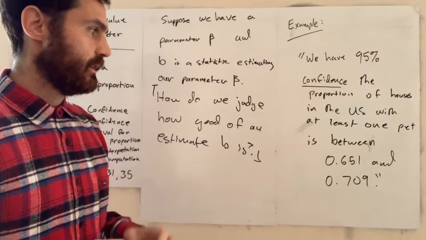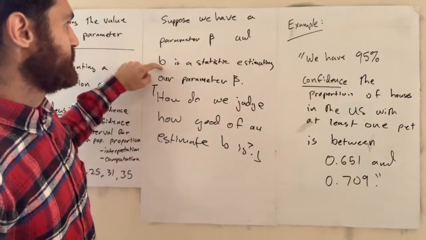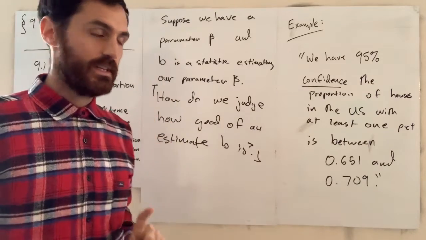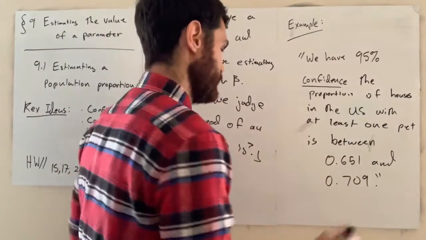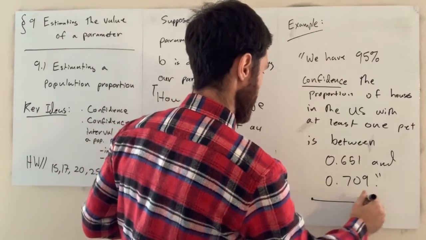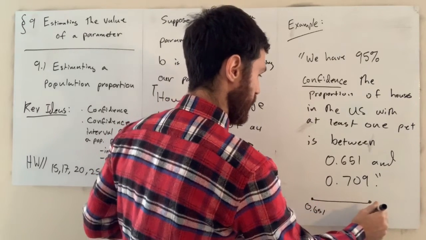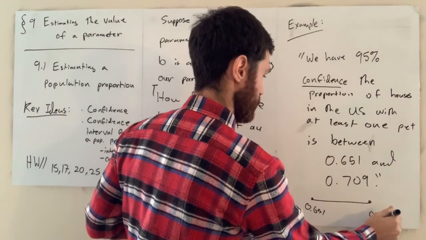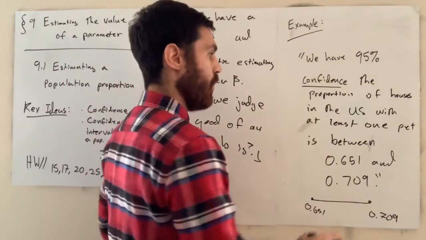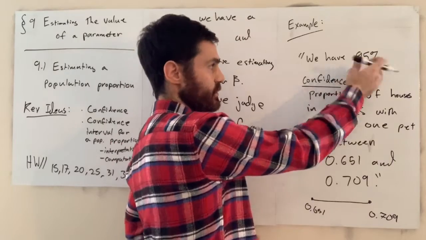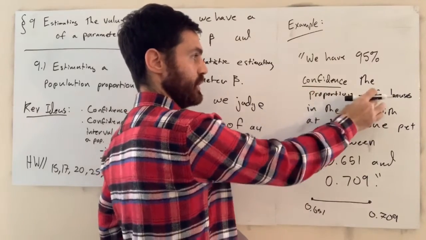The other one is that we're not actually using a single statistic to make this estimate. Instead, we're using a range of values. So the idea is here we have an interval of values from 0.651 all the way up to 0.709. And what we're saying is that we have this certain amount of confidence that our actual proportion,